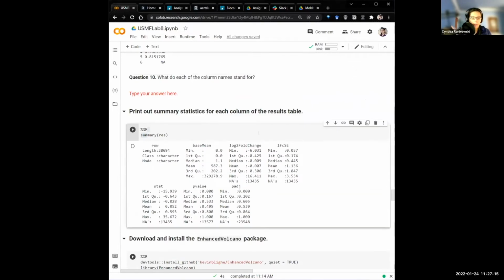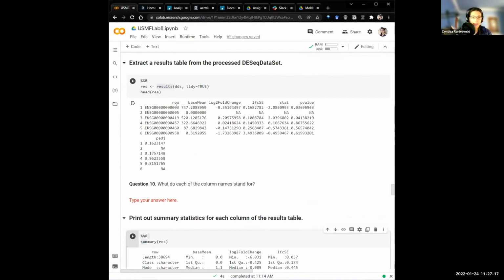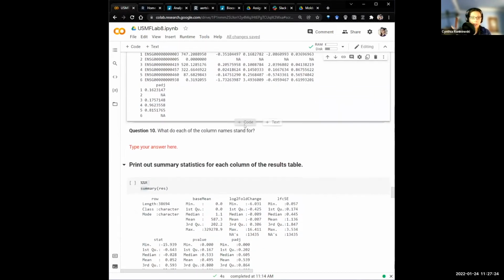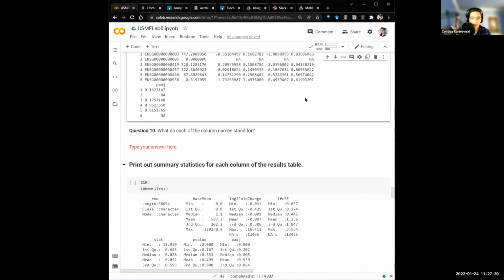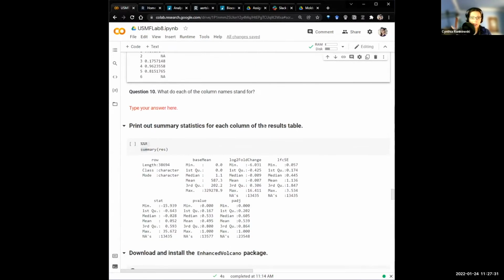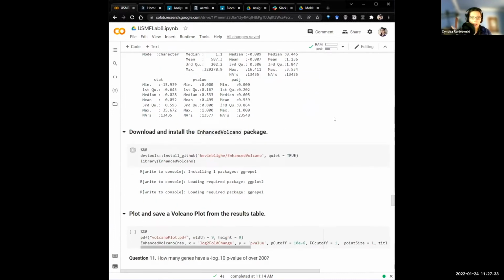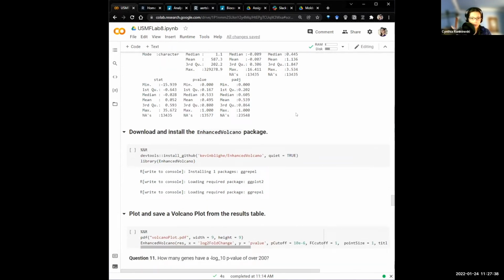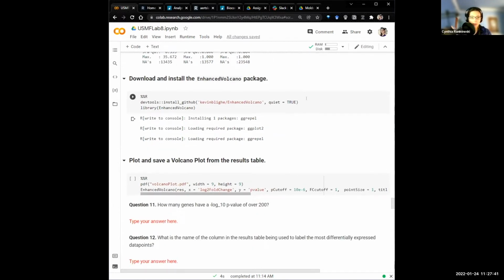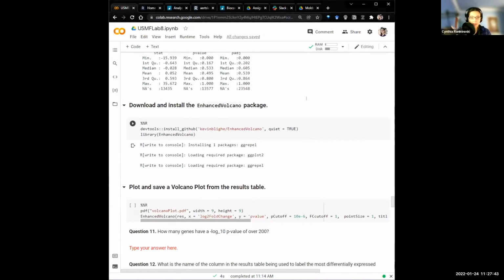So this results table pretty much summarizes the results of the differential expression analysis. However, the numbers are pretty hard to look at. So there's ways we can visualize the DESeq2 data. One way is with what's called a volcano plot. And as you'll see later on in the lecture tomorrow, as Sergey continues that,